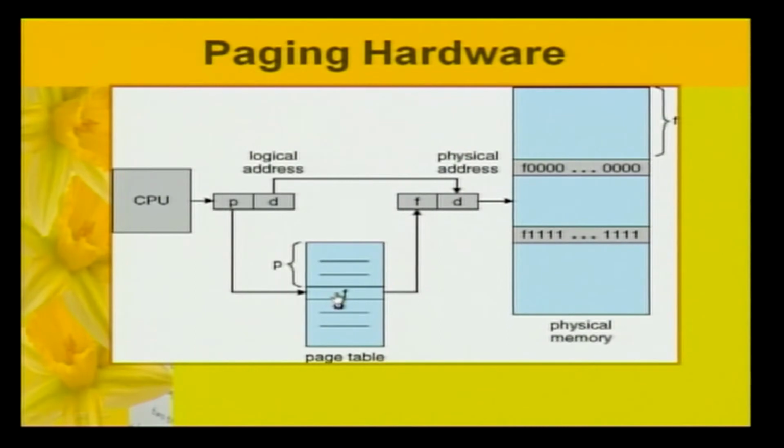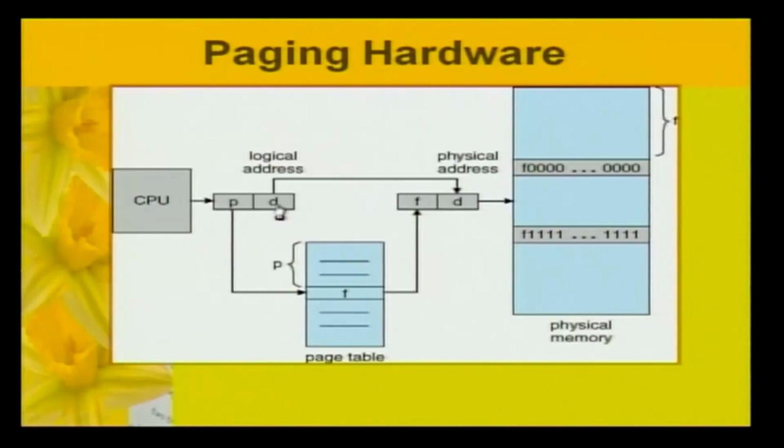Assuming you have now identified the frame number, the problem is to identify the real address inside that particular frame. I have already told you a frame is of fixed size. Assuming every frame is 5 KB, in 5 KB there will be too many addresses available. Which particular address in that 5 KB frame gets you the data,